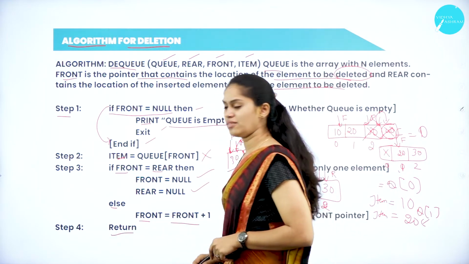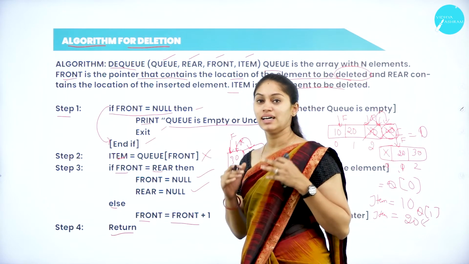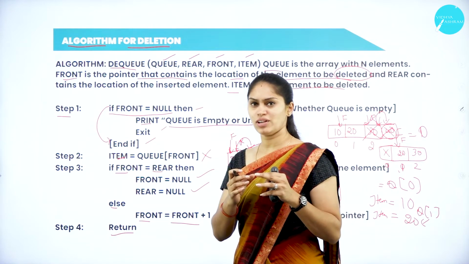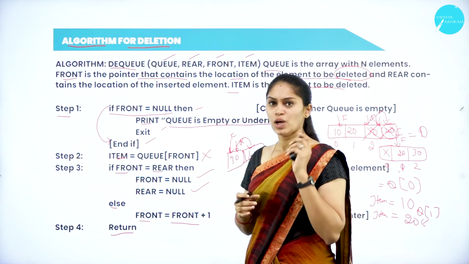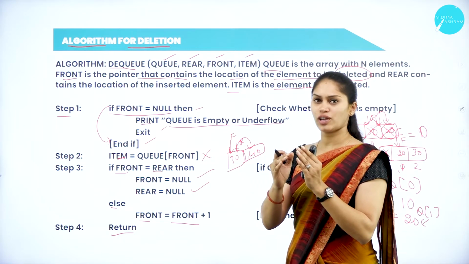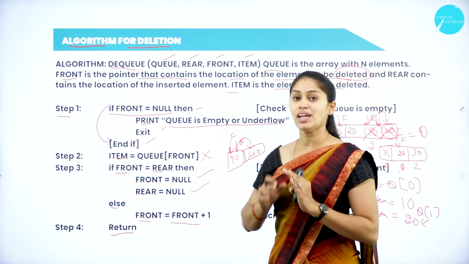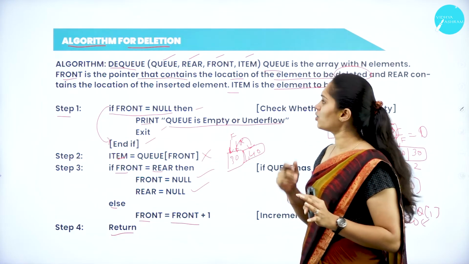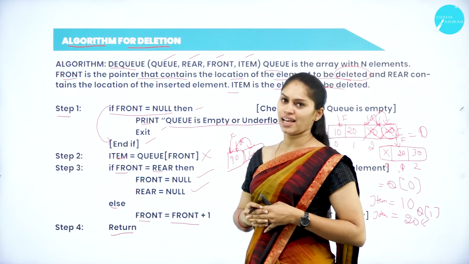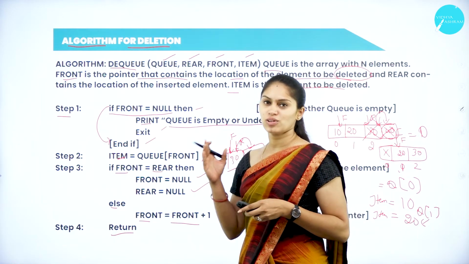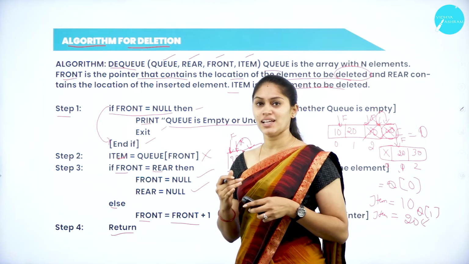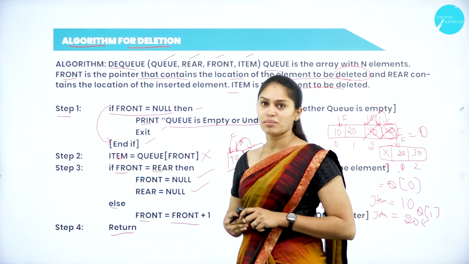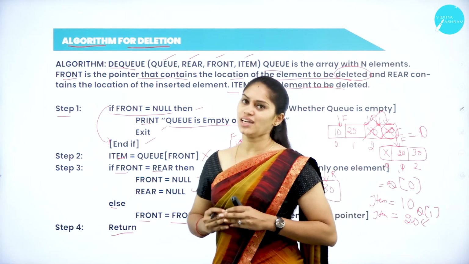So now it will come out of the loop, that is, return. Getting it? So we have to check whether we have an element in order to delete, or else check whether this is pointing to the first location of an element which needs to be deleted. So this will work like this. This is the algorithm to delete an element from the queue. And the algorithm for insertion, that is NQ, and for deleting an element from the queue, that is DQ. These two are very, very important for a 5-mark question. The algorithm is very important.